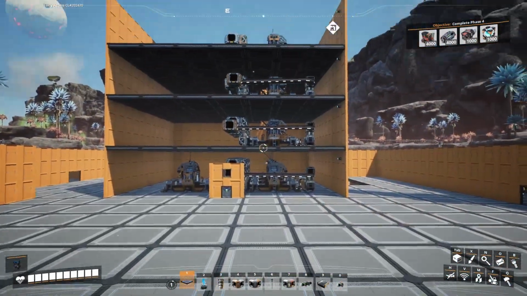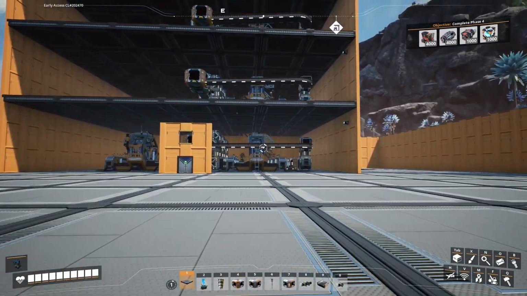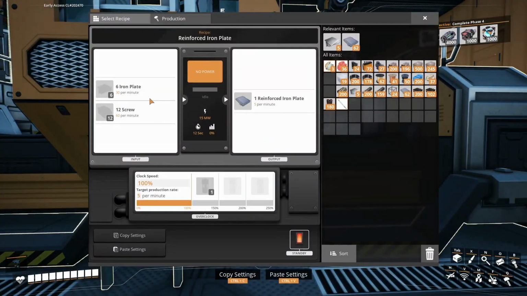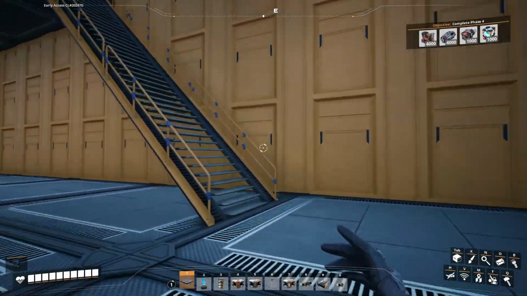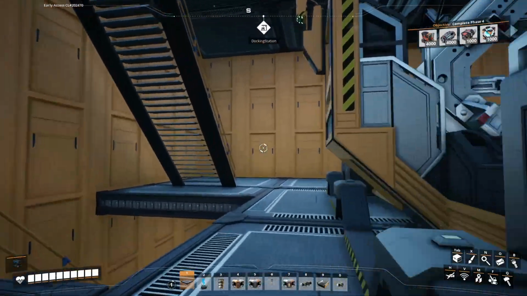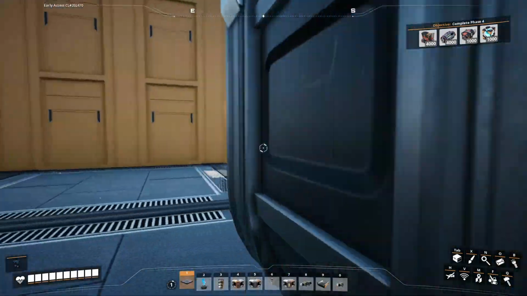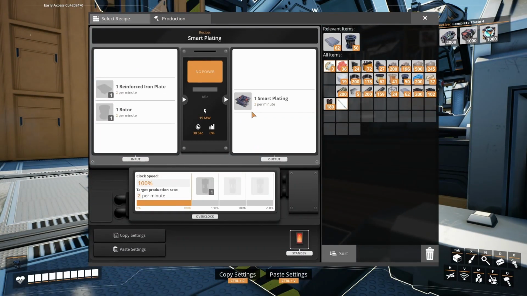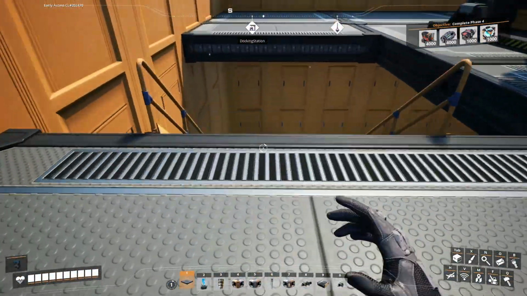I built out these floors, so there's 4 floors now. And I basically just did all of the iron stuff. So reinforced iron plates here. Modular frames are there. Rotors are on this floor. And then this top one's smart plating. But I'll continue to build this up. But for now,